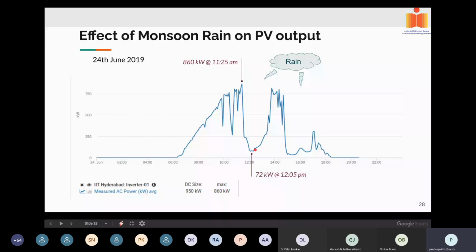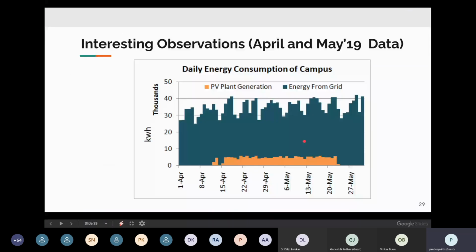So whenever there is a rain, suddenly the power output reduces. And then again it increased, again it reduced, like that. So this is again a comparison of the solar energy versus the demand from the grid. Here again you can see the area-wise share, about 9.7 to 10%. So 10% of our energy we are meeting from the solar plant. So obviously there is a need for going for a larger capacity of solar plants.